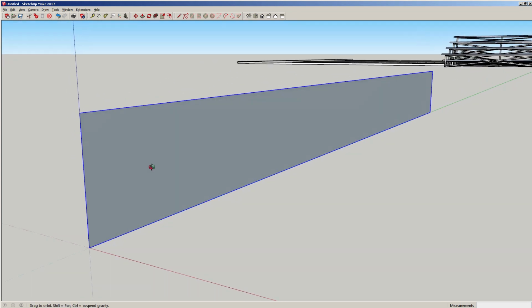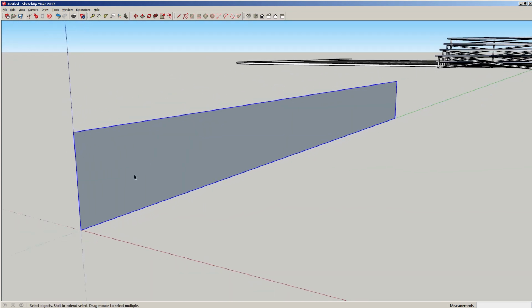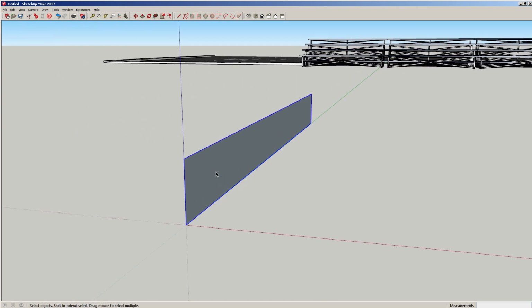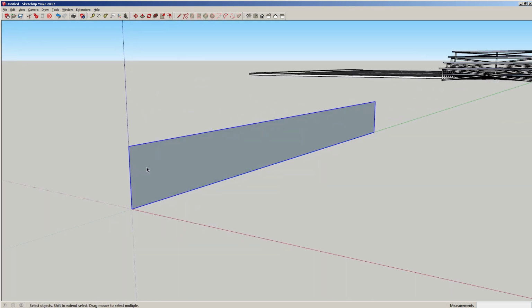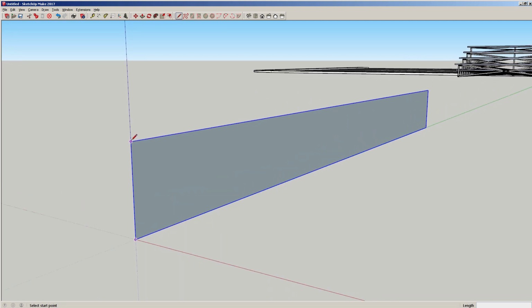Now from here, we have a few options. There's several ways we can do this. We can start with a line at the top, but what I want to do is create a little square to draw our circle on. First of all, let's see if we can do a circle on the green axis. Notice you can't. When it's a flat face, you can't really snap to green, because green is the other axis. There's red, there's blue, no green. So one thing we can do